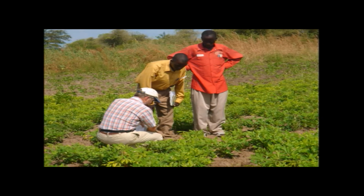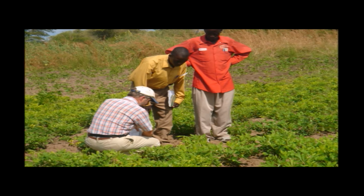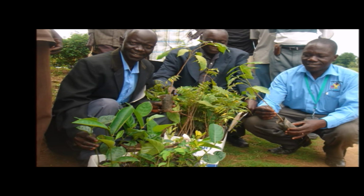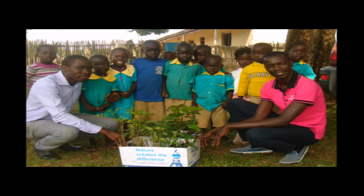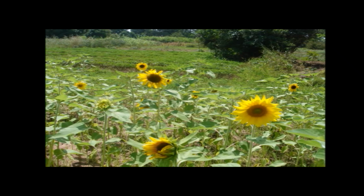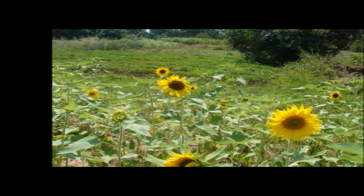Another encouragement I've seen is a lot more interest this year in tree planting, in taking up some of the things we've talked about for many years. We've talked about moringa for many years, and a lot more people are interested in growing moringa. And a lot of people are asking about how we can improve our environment. So there's been a challenge, I suppose, in that our work is being stretched, but that's also an encouragement, isn't it? To see that people are responding to what we've talked about for some years, and all of a sudden this year there seems to be great interest in taking our ideas further. Another